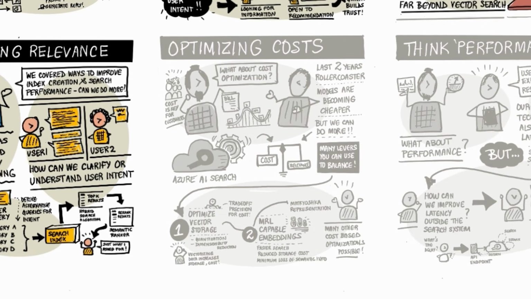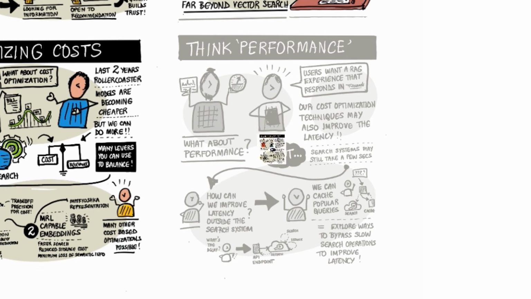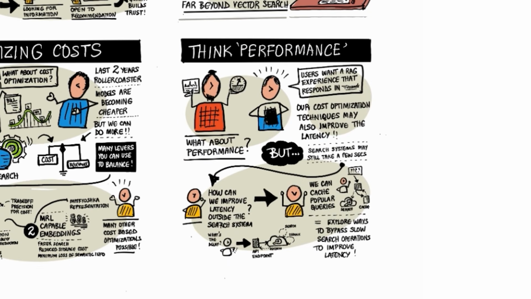Optimize for costs by using the various levers in Azure AI Search to balance cost with quality. Think about quantization, matryoshka representation, scalability with data size, and more. And finally, performance is crucial. RAG should be fast and easy. Think about the limitations of the large language models you're using and also caching strategies that can help reduce latency even before the search query hits the model.